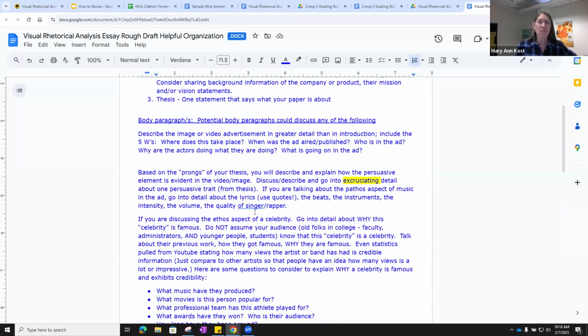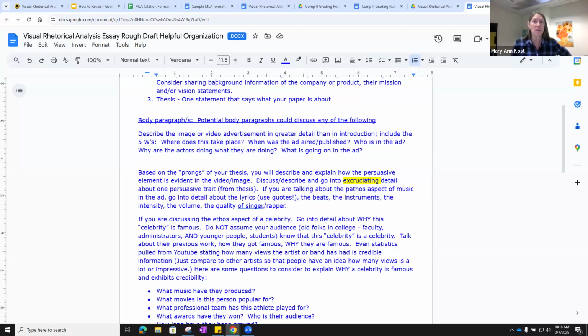Or maybe in your body paragraphs, you're talking about music. Oh, the music was awesome. Okay, well, maybe one of your sources was an article about how music is used in advertisements to persuade the audience to buy the product. All right, well, pull in the information from that source, direct quotes or paraphrases, or even a summary, to back you up. Like, you think this music is lovely and engaging and memorable, but then pull in the source that backs you up. You can use sources to supplement your content anywhere you want in this essay.